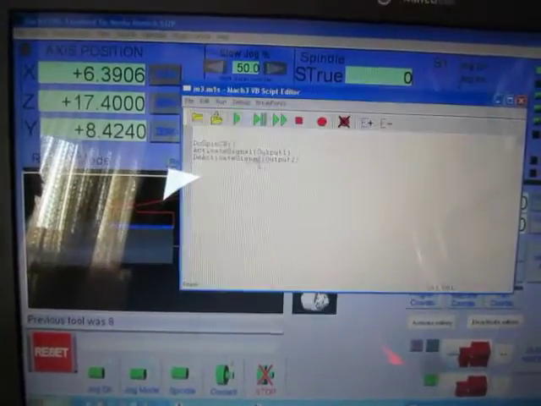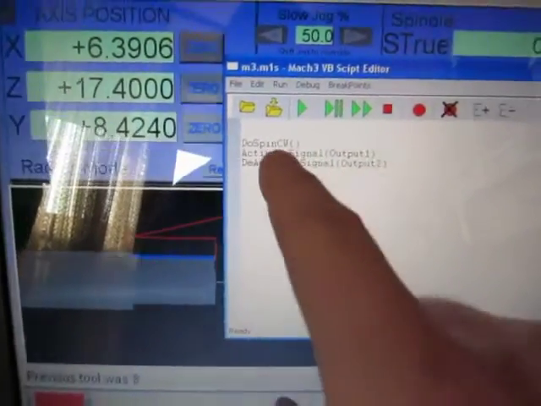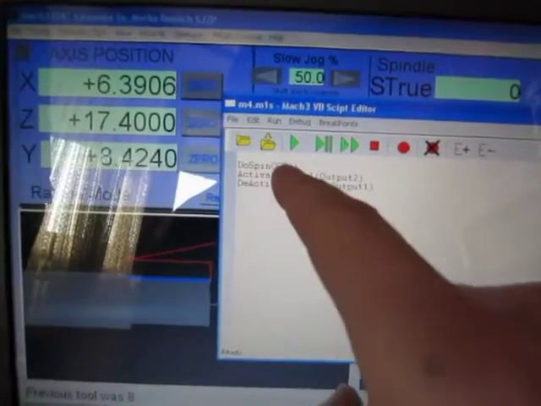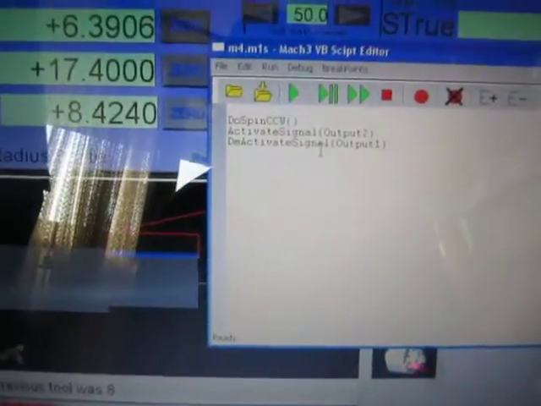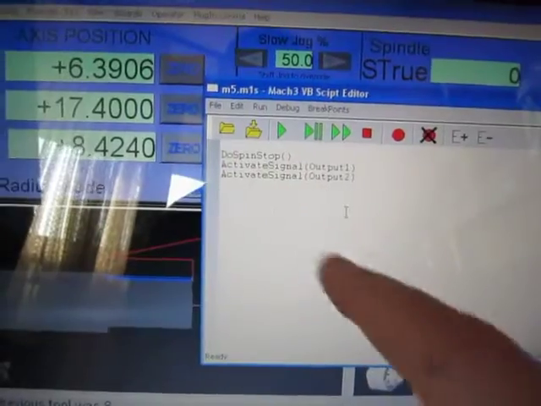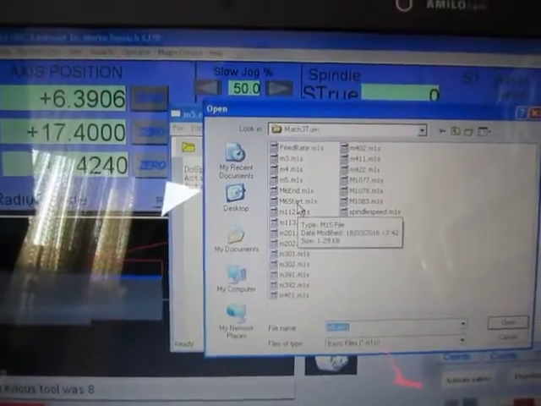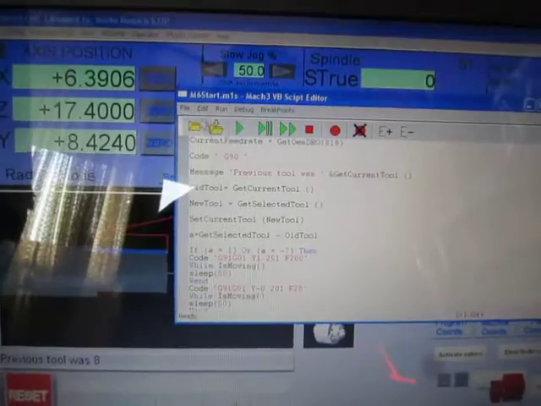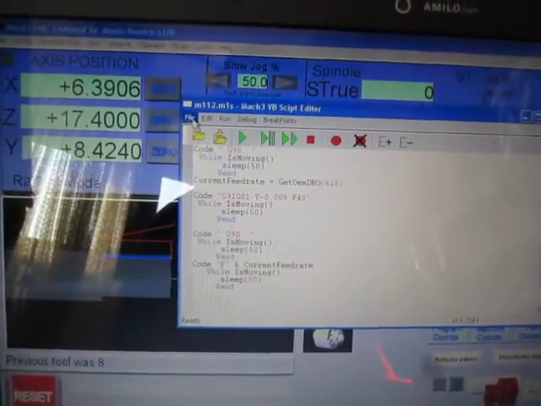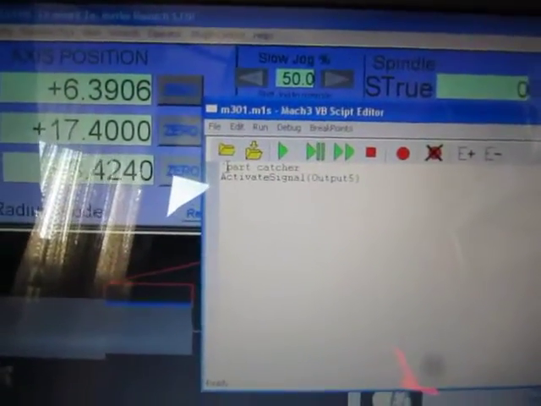and we have M3, and we have do spin clockwise, file open, M4, do spin counterclockwise, and we have file open file, do spindle stop. And what I have done, file open, let me see this, file open, no, so I need this symbol,